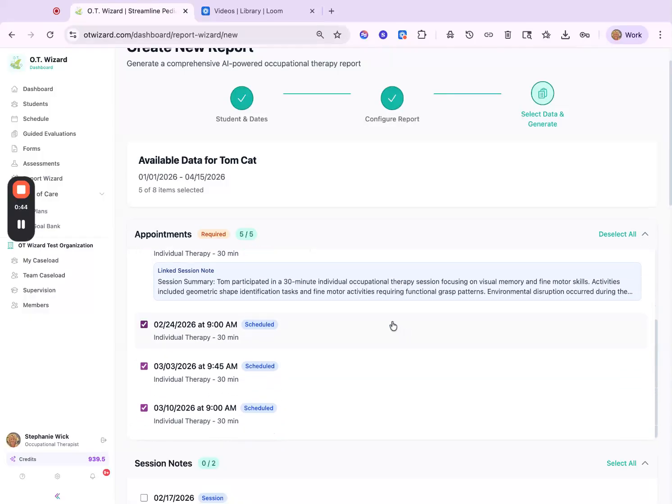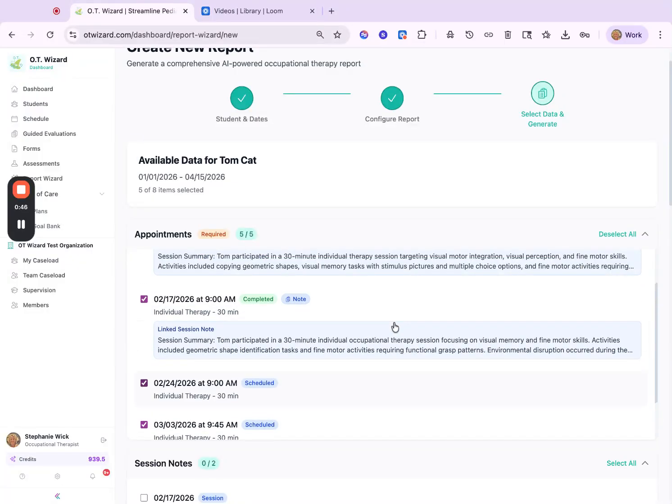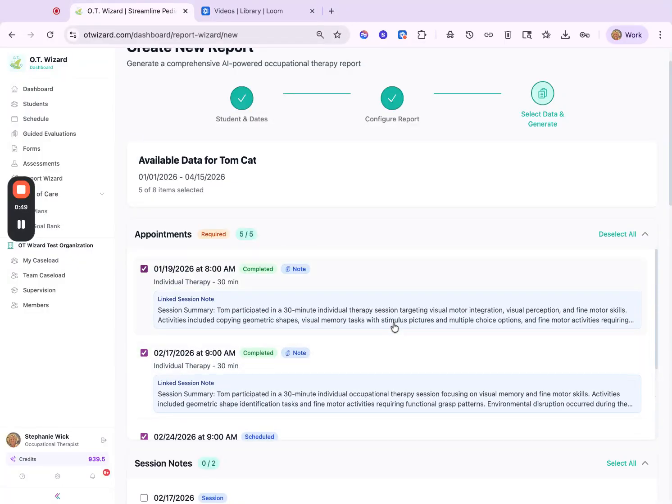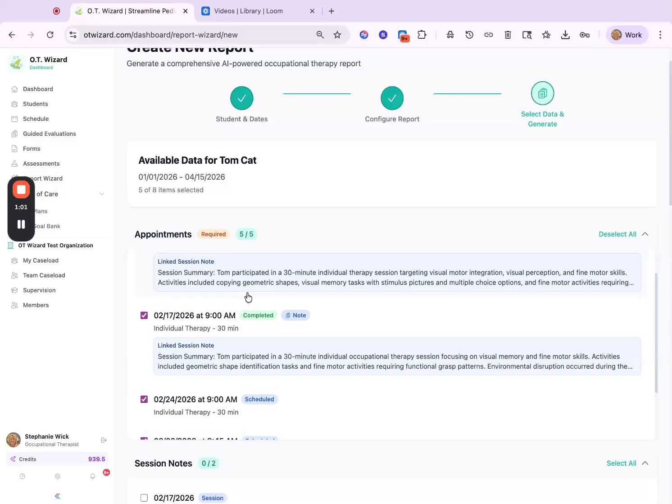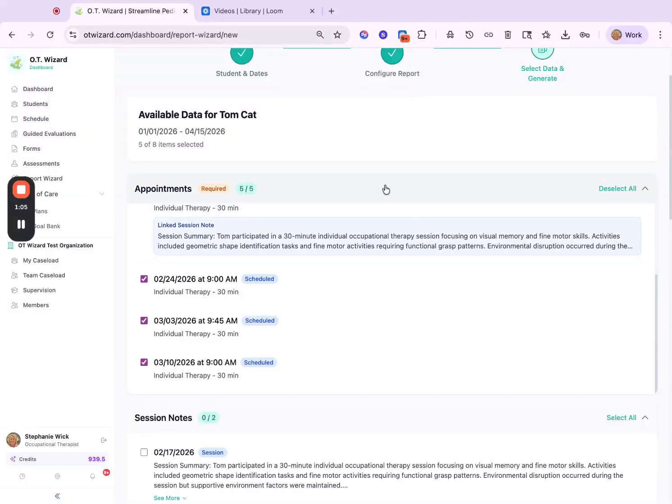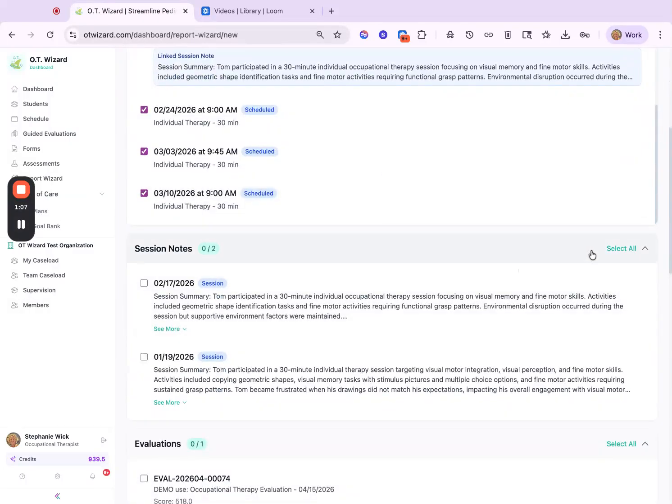I would say to be careful if you're doing this and you have a date filter that covers a year or two. Be really careful and look at your AI, because it's going to slow it down quite a bit. So just make sure you use the appointments that you need, like those within the plan of care or the IEP year. So I'm going to select all of my appointments,